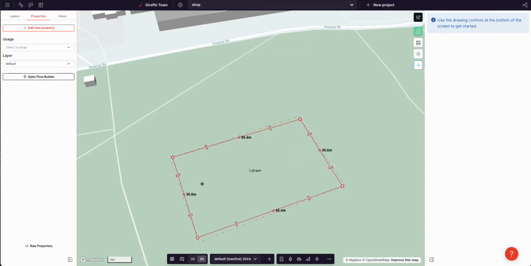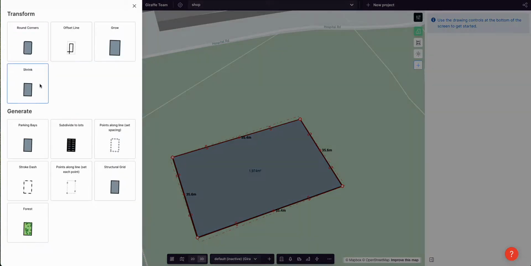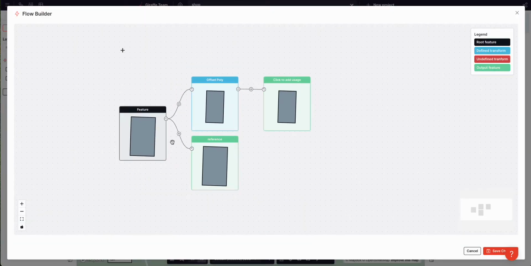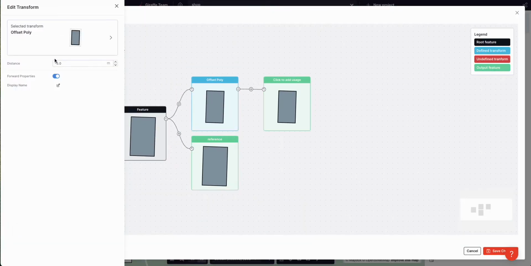Now in Giraffe, flows hang on geometries. So I can draw a new rectangle representing my new shop, and then I can start a new flow on that geometry. And I click on that to get the flow builder. So I'm going to offset the polygon in